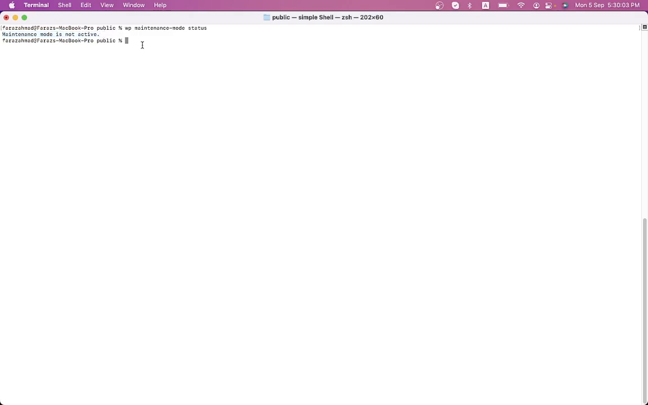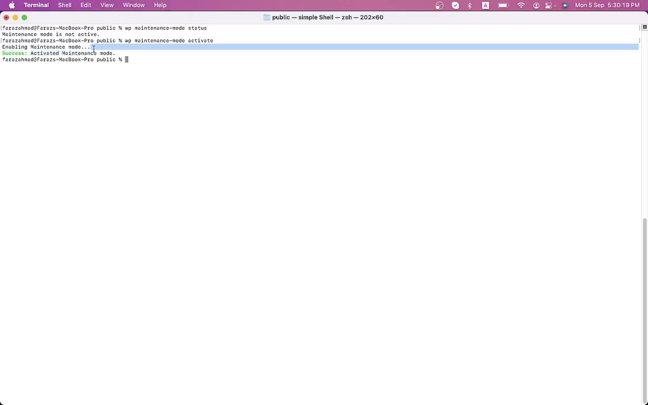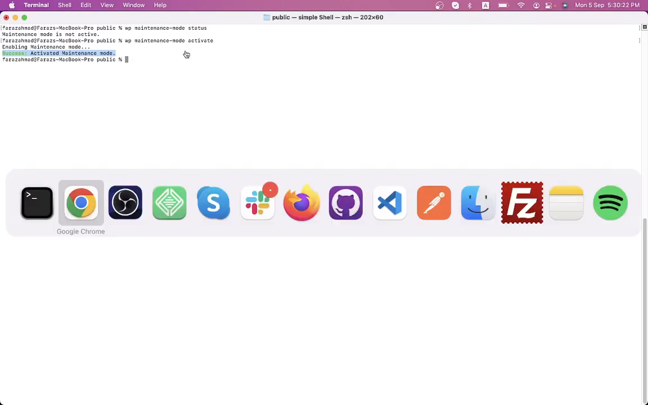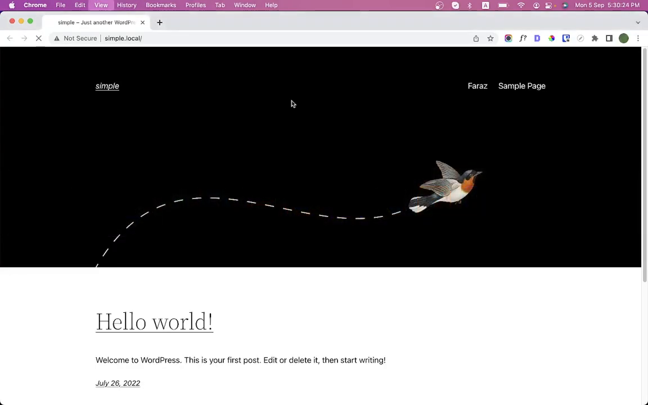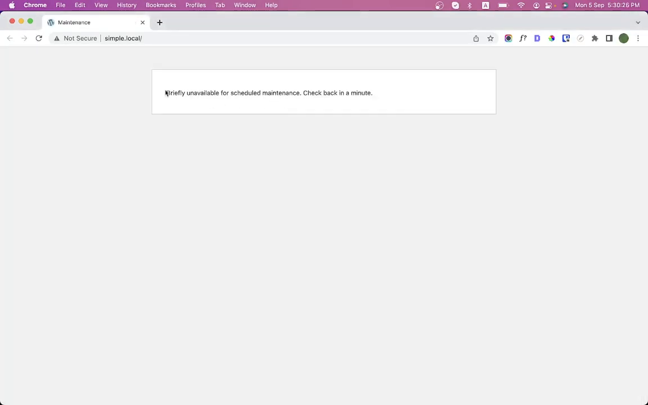In order to activate maintenance mode, we have a command which is wp maintenance-mode activate. Okay, so once I run this command, you can see it shows that maintenance mode has been activated. Let's go to our browser and refresh the page. Okay, so now you see that maintenance mode has been activated and our website is now inaccessible for the